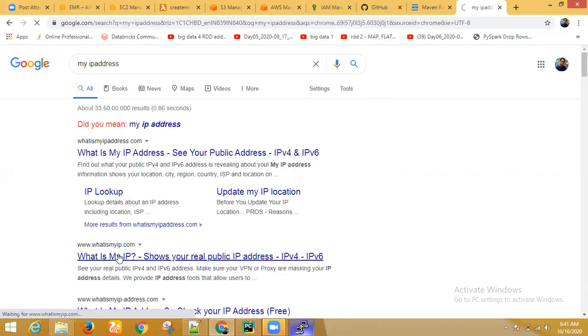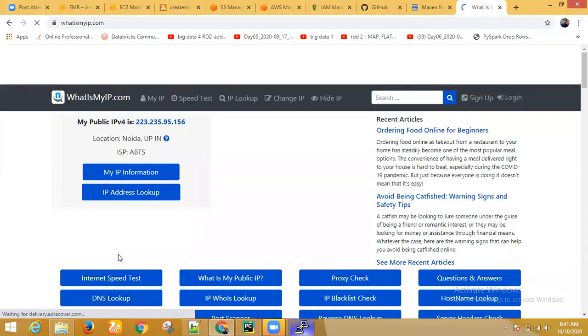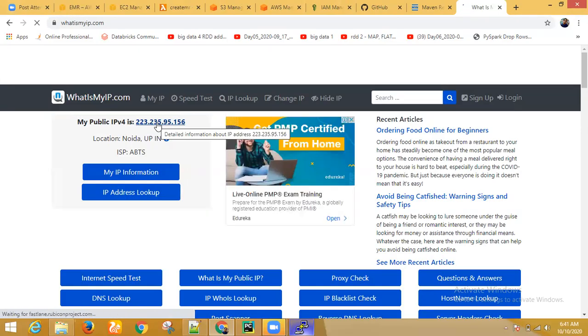If you click this link, it says my public IP address is 223.235.95.156. Every other computer, like suppose we are here 6 people, we 6 people are having different IP addresses.